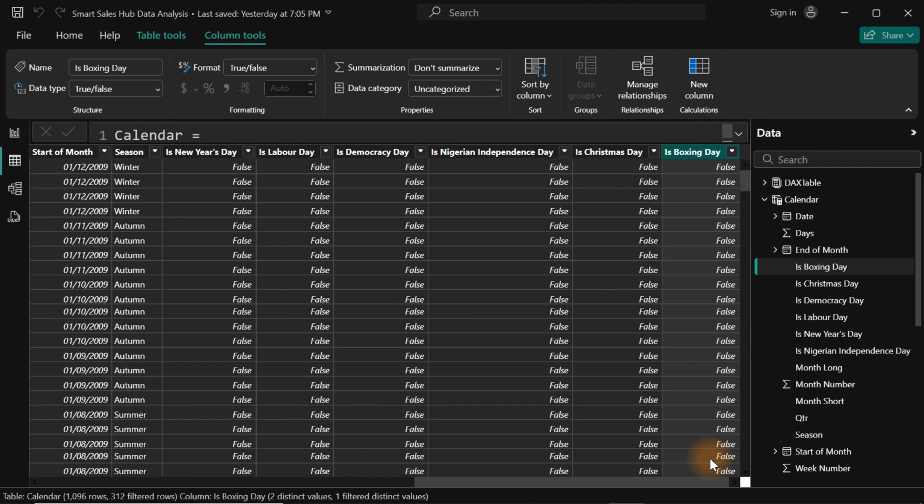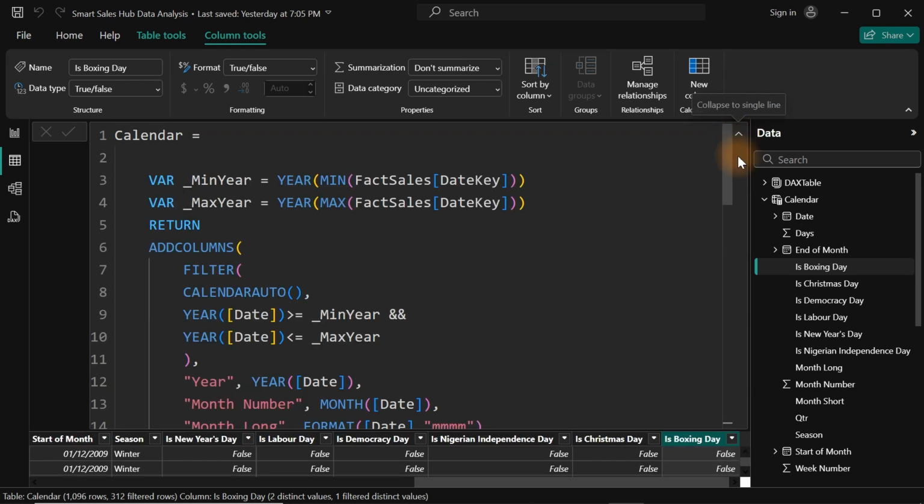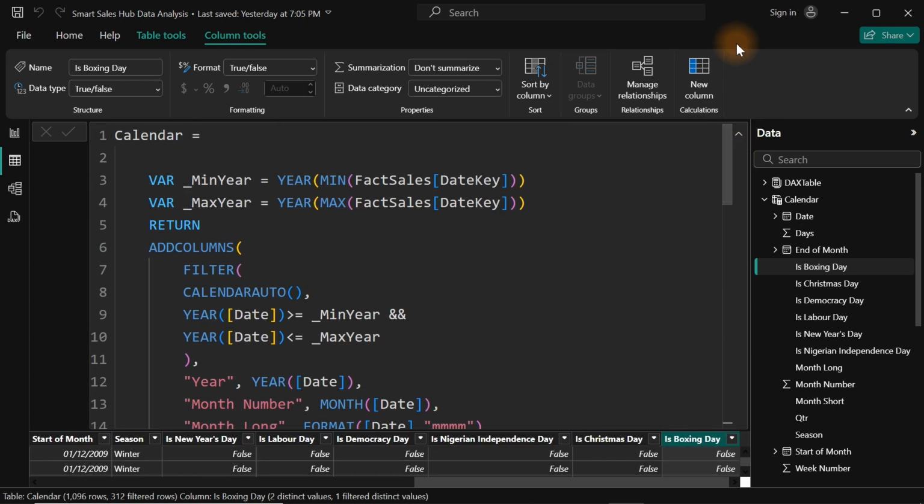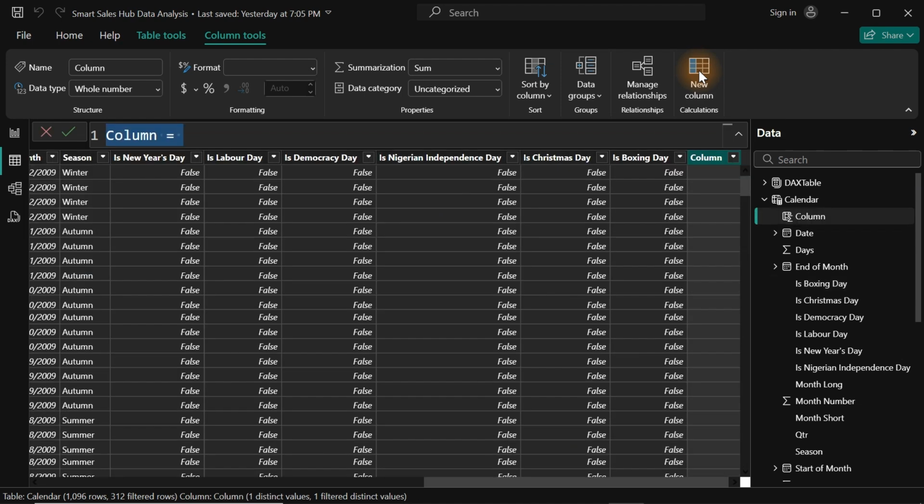So what can we do to make sure this one makes a lot of sense? It's simple. We're going to add a column, but this particular column will not be mixed over here because we have a lot going on here right now. Let us add that column differently. So here you have what is called new column. Click on new column and add a standalone column. Under this standalone column, we're going to name it holiday